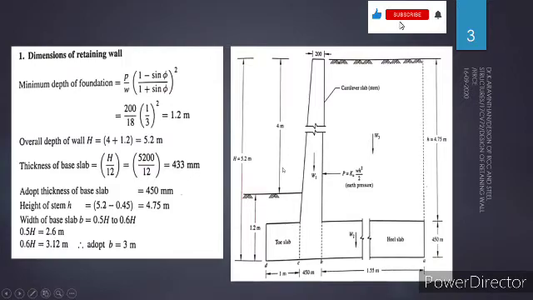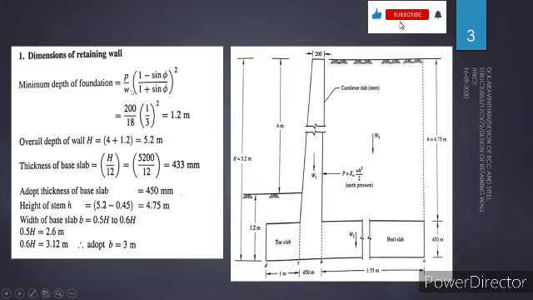The given data here is, from the lower grade of soil up to the level of retainment, the height is 4 meter. Now when we are designing a structure, we need a foundation for the structure. So this is the actual height of retainment. In order to retain this, we need a foundation. So the depth of foundation should be found.